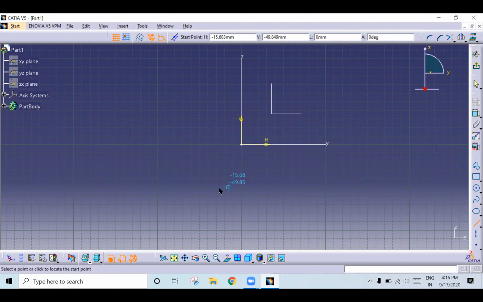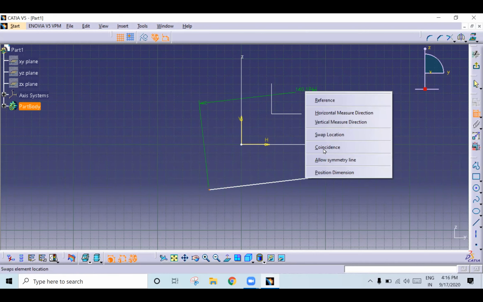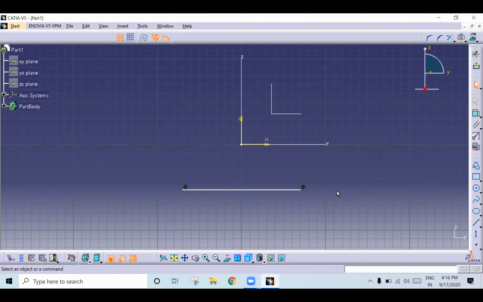See, you can make points symmetric also. Suppose you have a line, select this point and this point, right click, Allow Symmetry, vertical axis. See now. Next,